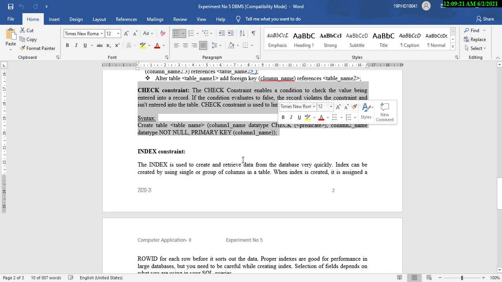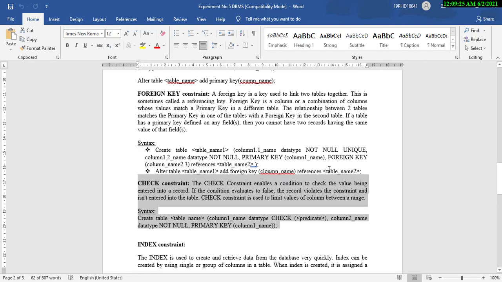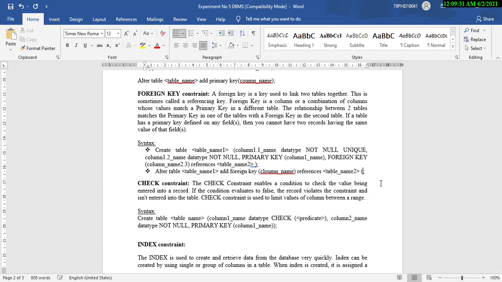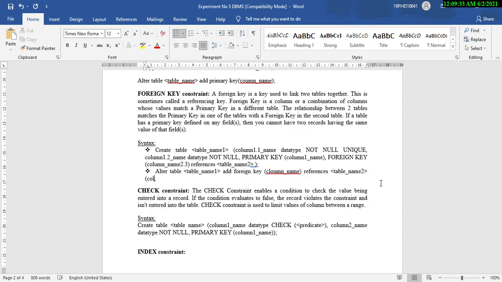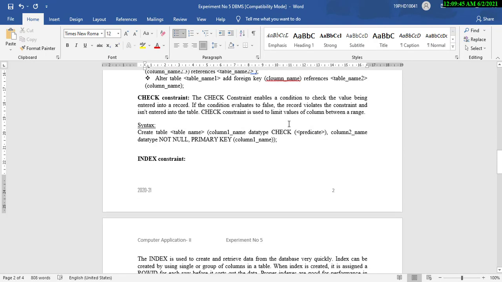So let us leave behind this check constraint and see the syntax: table name and then column name. After this, a check constraint can be applied by using create table, and you can do check and predicate.